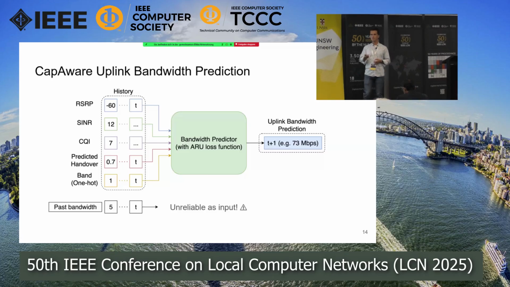One thing that is missing from these inputs is past bandwidth. This is a good question to ask, because we think that just using the past bandwidth is unreliable. For example, you might be on a 5G connection where you can achieve 100 megabits of capacity, but you're only sending 2 megabits of video traffic. What the model will most likely do is predict maybe 3 or 4 megabits. So unless you congest the network with incoming traffic, relying on the past bandwidth as an input is not a generalizable way in our opinion, so we are not using it as an input.